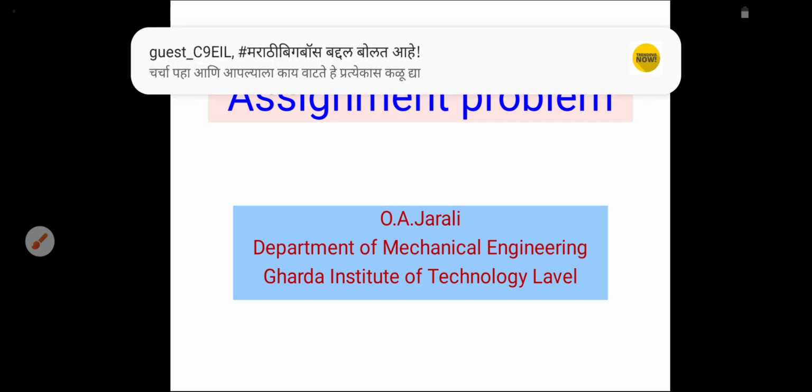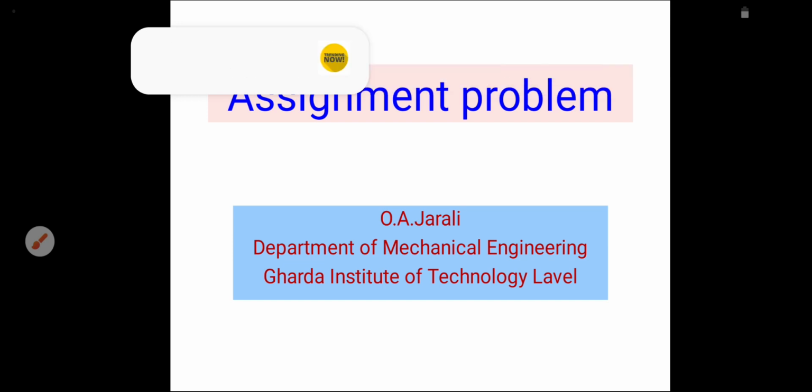Then, alternative optimal solutions. Sometimes it is possible to have two or more ways to strike off all zero elements in the reduced matrix for a given problem. In such cases, there will be alternate optimal solutions with the same cost. Alternate optimal solutions offer great flexibility to the management, which can select the one which is more suitable to its requirement. So today we will discuss non-square matrix assignment problems.